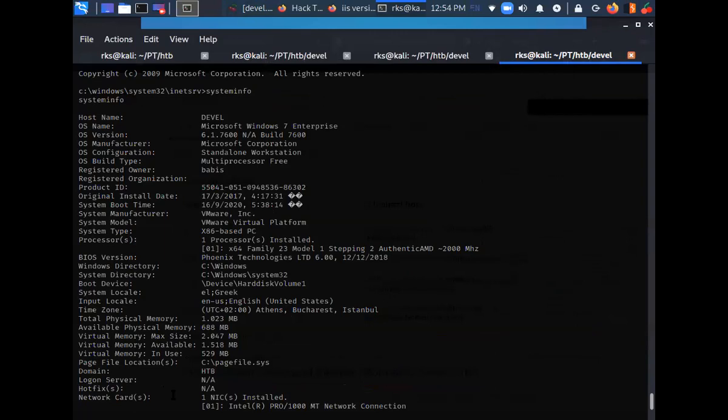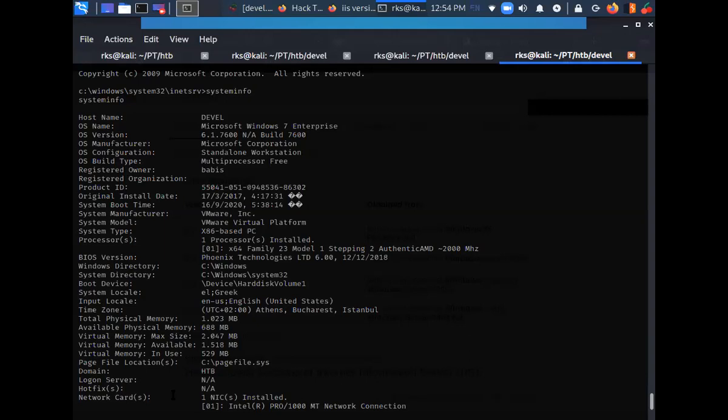You would have been using Windows for so long, and you would have observed that frequently there are a lot of patches and updates provided by Windows, right? So if we see that there are no hotfixes available here, and it's Windows 7, an old operating system, it is very likely that it is going to be vulnerable to some kind of kernel exploit.